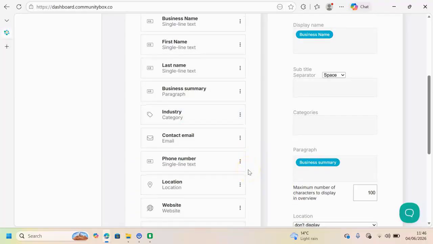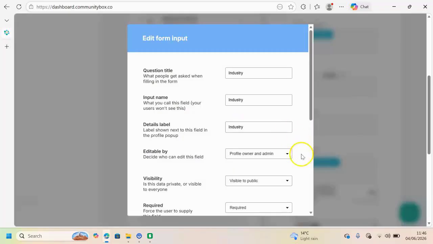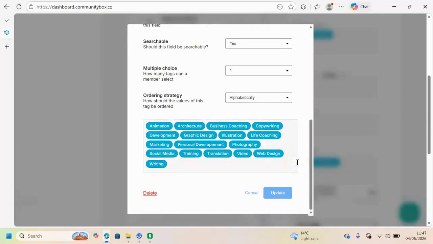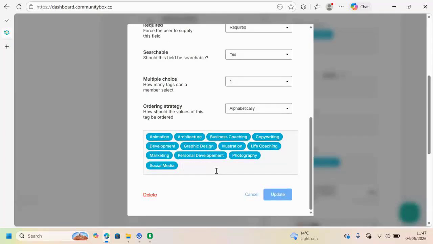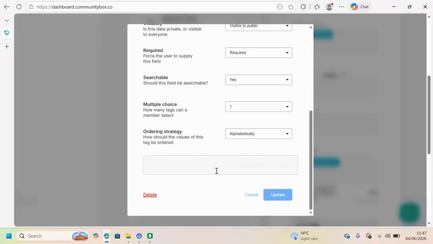The other field to note is this one that automatically appears, called industry. Now this is a category. So if we click into this, we can see here at the bottom are a load of tags that have already been inserted by Community Box. Now you can change these tags. If you would like your users to be able to search by certain tags, then this is a really useful field. So I'm going to get rid of all of these, and I'm going to add in specific ones like Hatha, meditation,